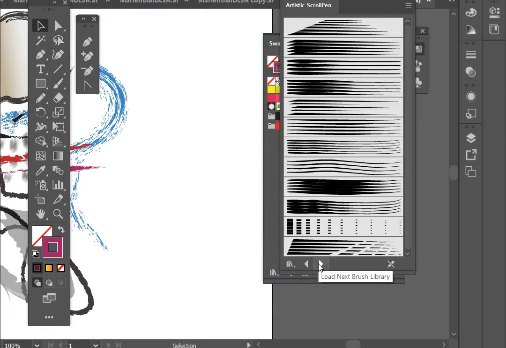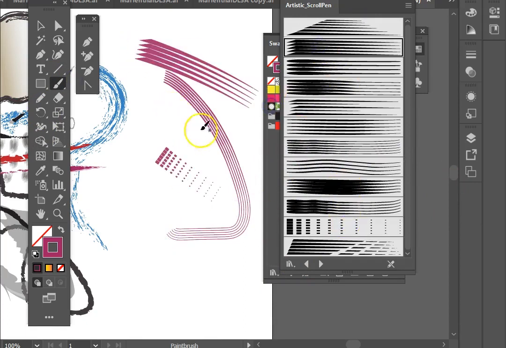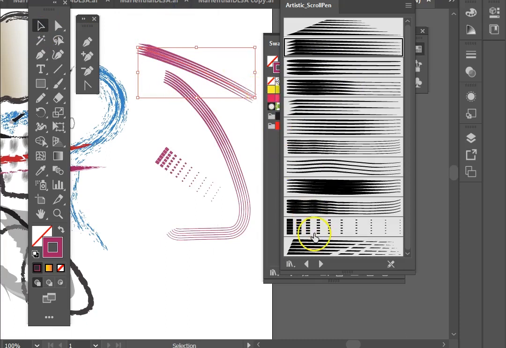Scroll pen. The scroll pen can be kind of interesting. And there's a number of different scroll pens for different effects. And again, this is a 1-point rule, or 1-point stroke, but it is actually huge in comparison to my path. So you could make that smaller. You can also edit these, and the way you edit them,